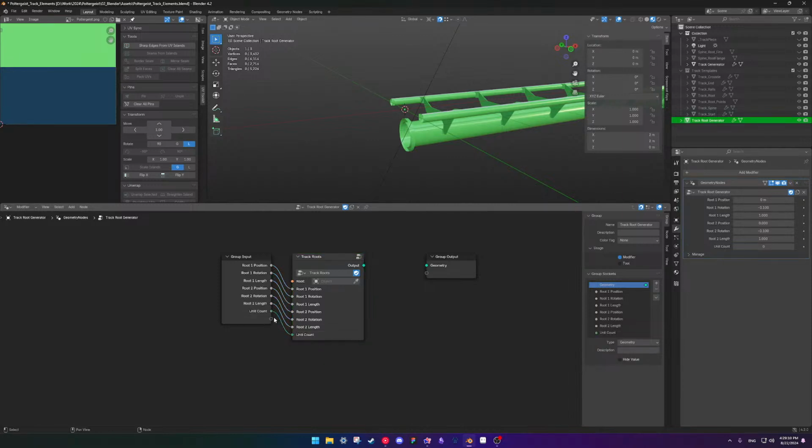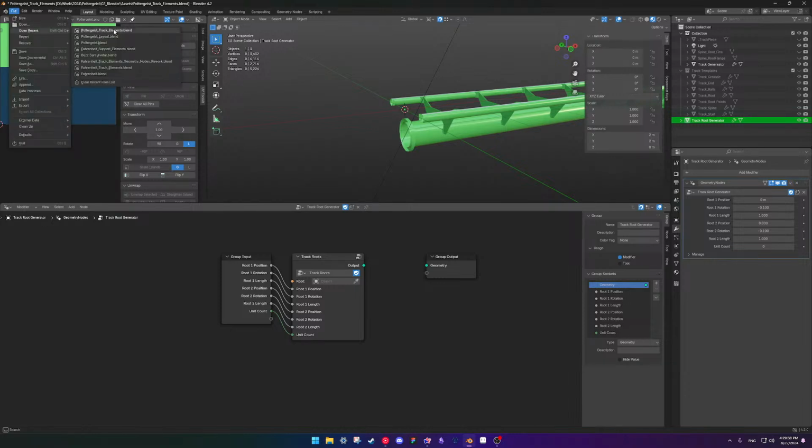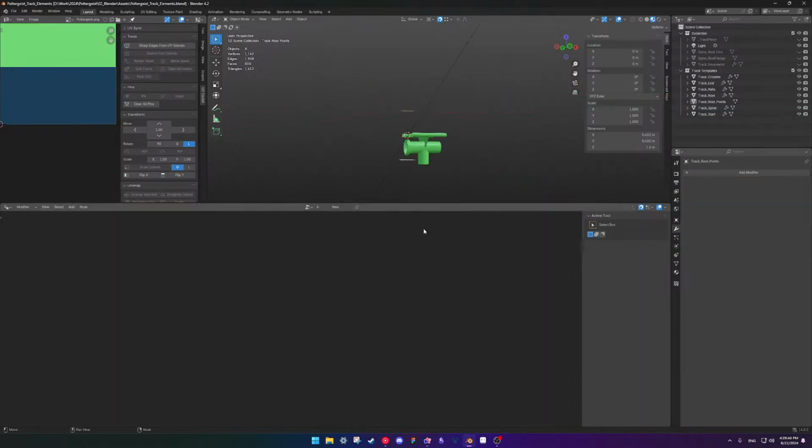If I do this, I also need, if I separate this, I'll also have to position this as well, which I don't want to do. So I'm gonna go back. Yeah, so I'm not gonna do that.